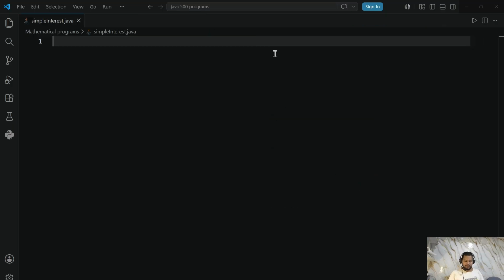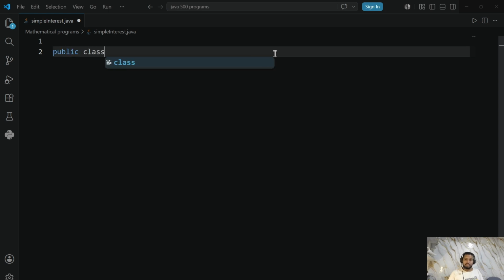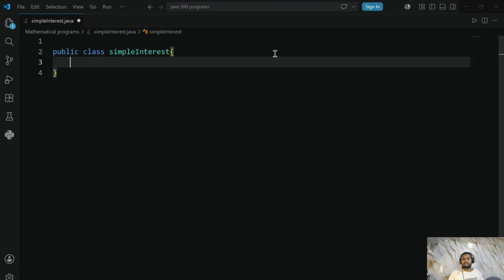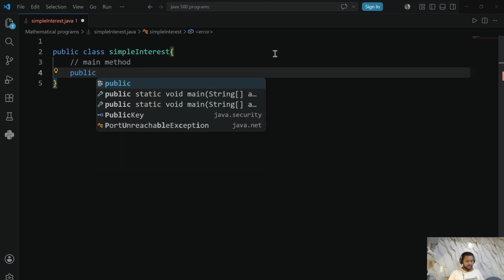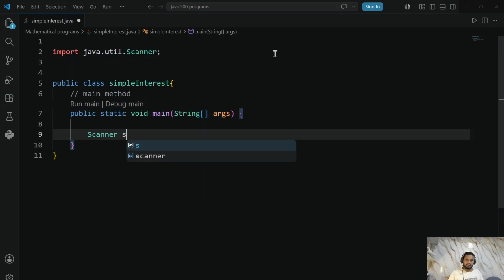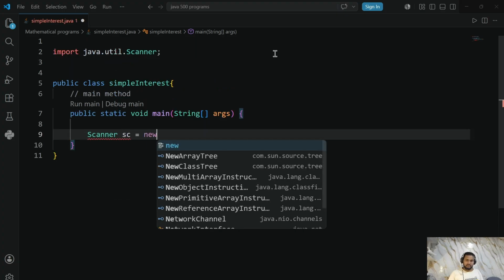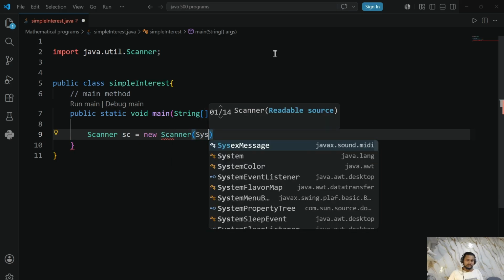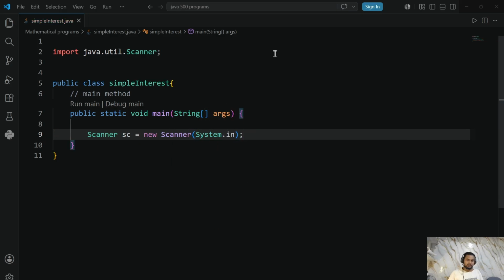Go inside this file, public class SimpleInterest. Go inside this main method, public static void main, create a Scanner class object, Scanner sc equal to new Scanner(System.in);